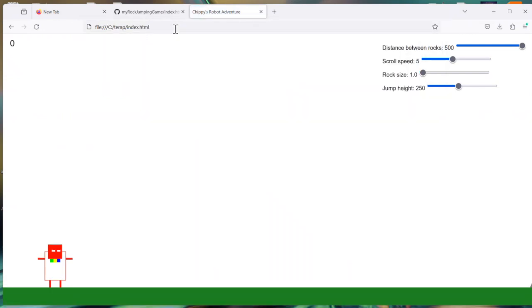And I'm literally running this game locally on my laptop now, and I can make changes to it. Do beware, if you use a text editor or something and you make changes to this file, your browser is going to tend to cache things. It means that it doesn't reload the file every single time. So you're going to have to